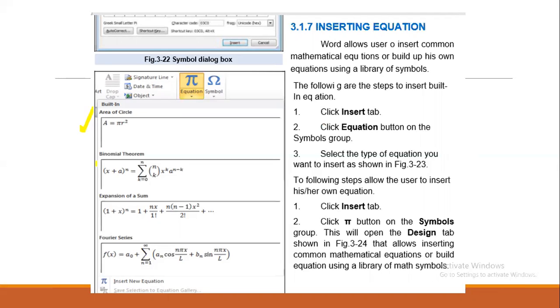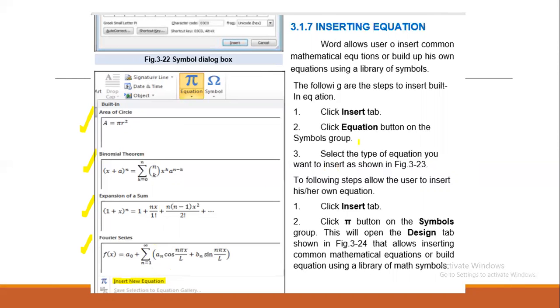like area of circle, binomial theorem, expansion of a sum, Fourier series, and here you can see insert new equation option. So it means that we can select among these and we can also insert new equation according to my own requirement.